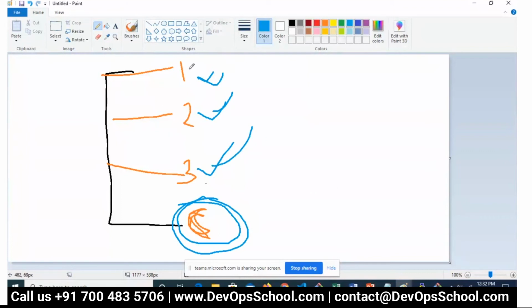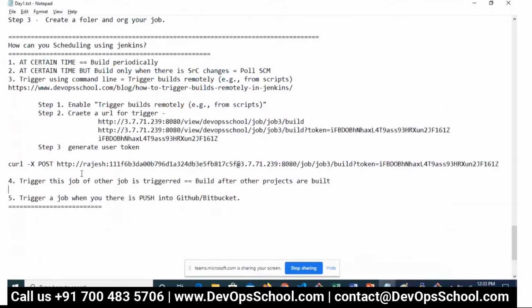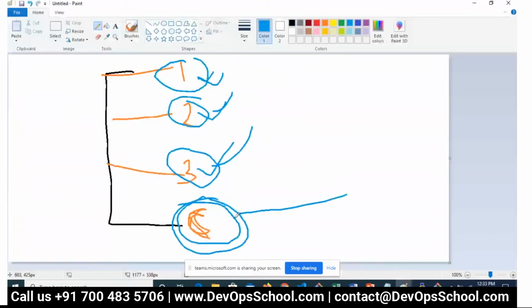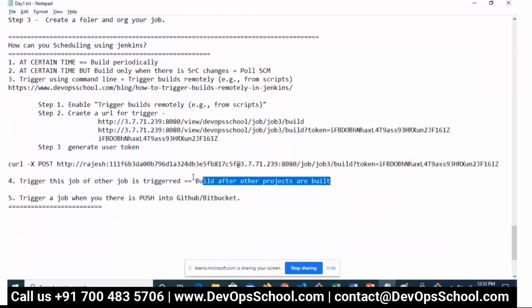So what you can do, you can set this option in this job. Whenever this is done, whether it is done in 1 week, 1 year, or every day, whenever this common dependency job does the build and new libraries are available, then this will also get updated automatically. So are you able to understand and visualize the case studies where you can use this stuff?